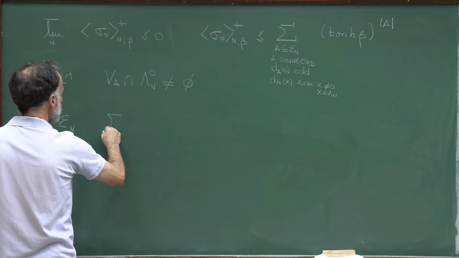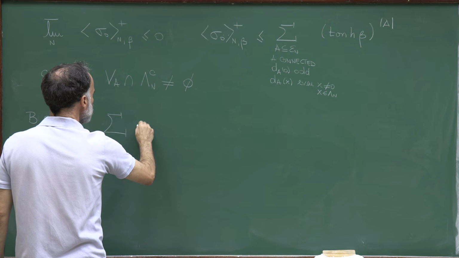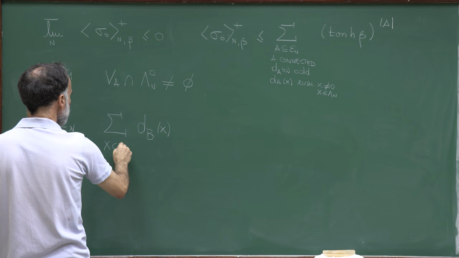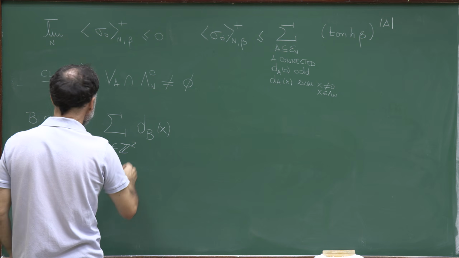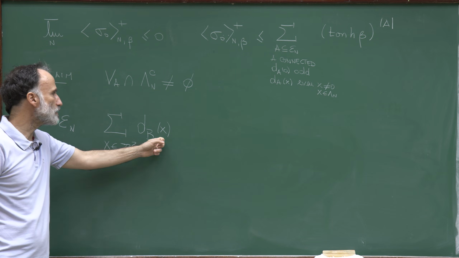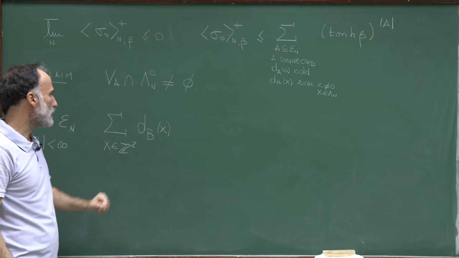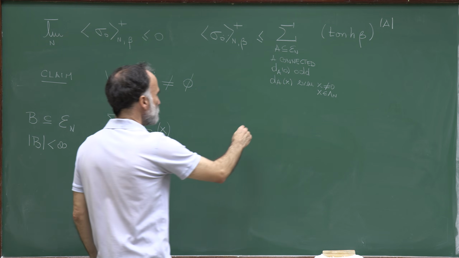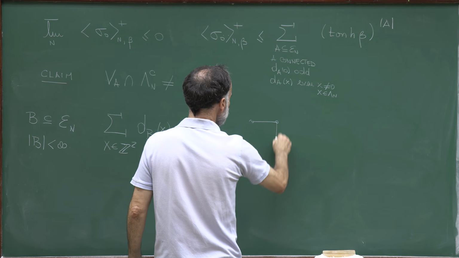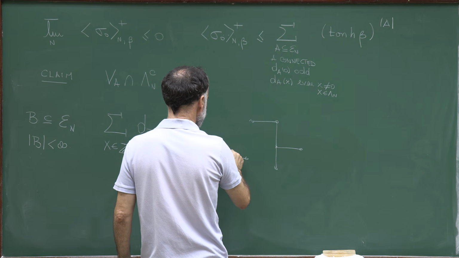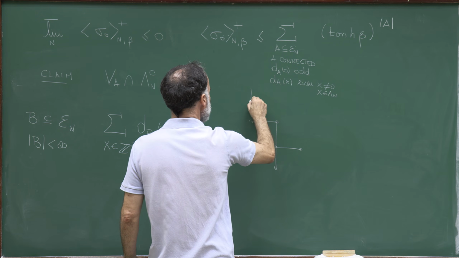Now, count dbx for all x in Z2, but this sum is finite because the number of edges is finite. So dbx is 0 for all x but a finite number. So what's happening here is that